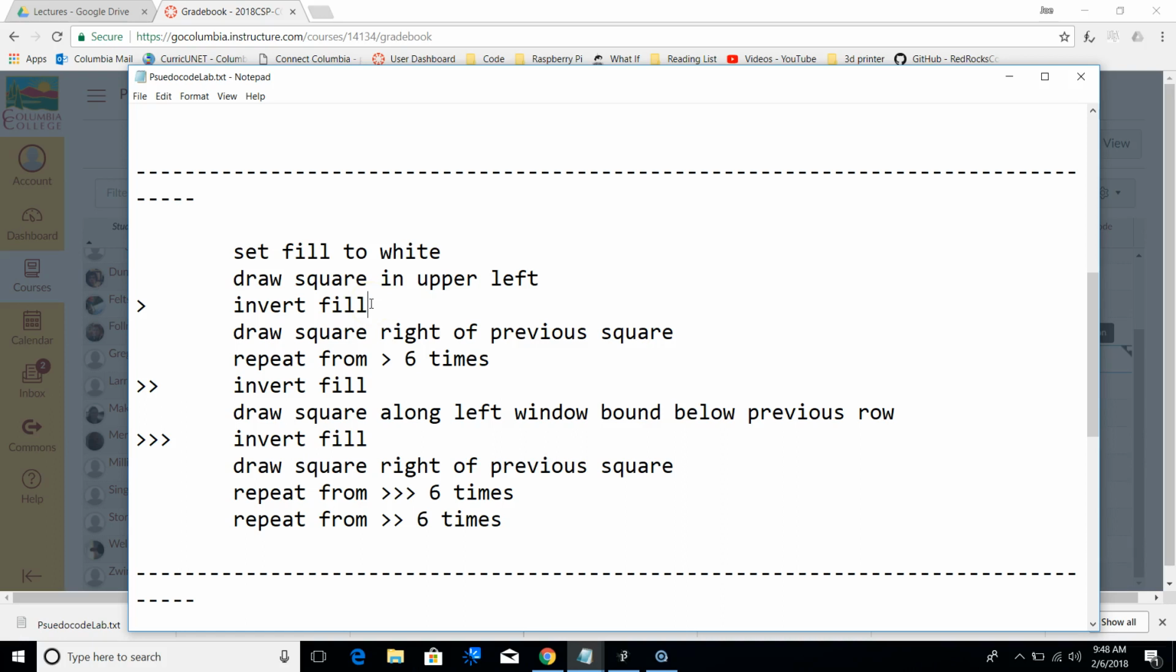You guys cool with that? I think this is good pseudocode, so let's try to